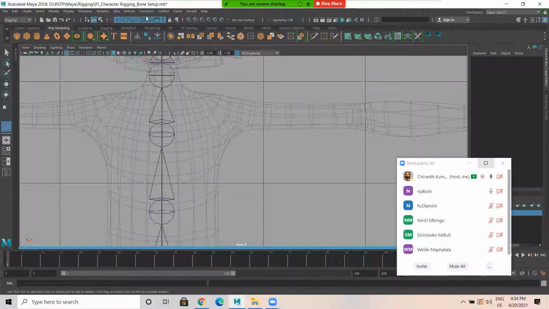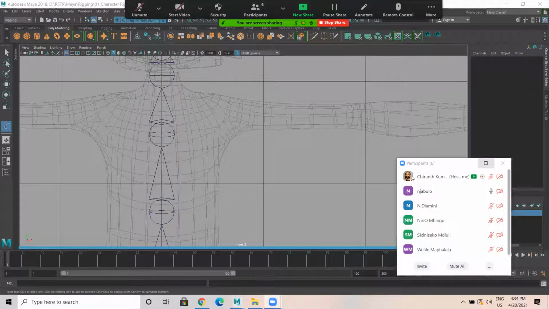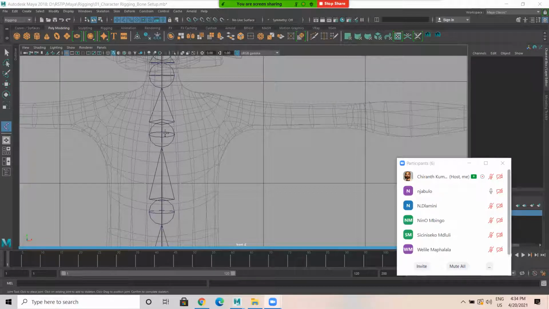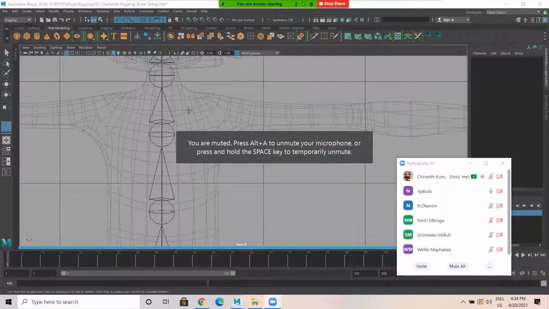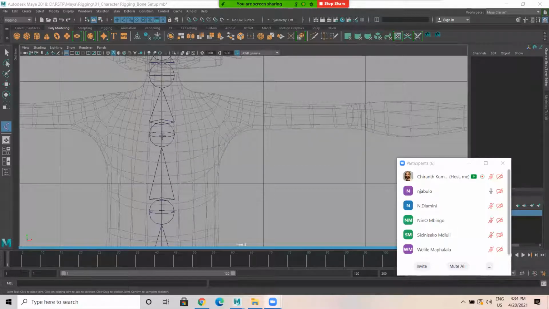Okay, from here, this part here to here, this is clavicle. This clavicle, it will affect the back part of the body, not the front part.